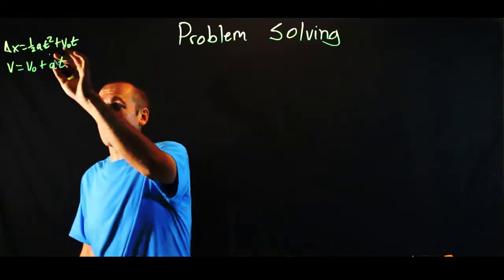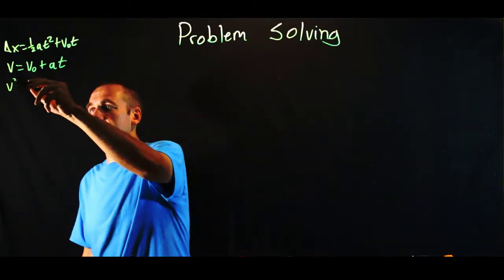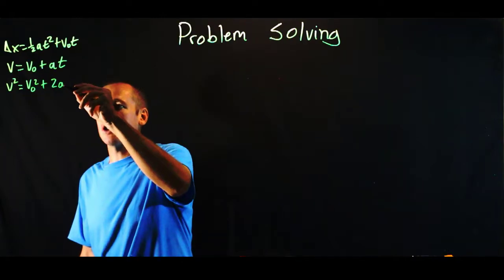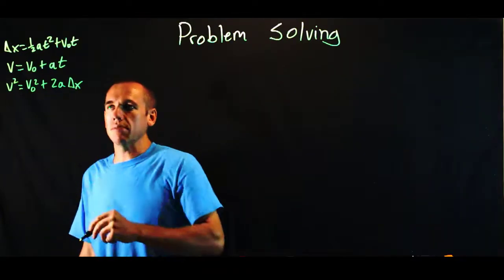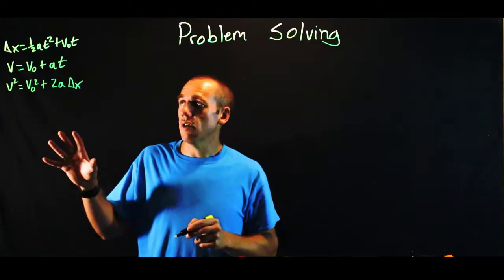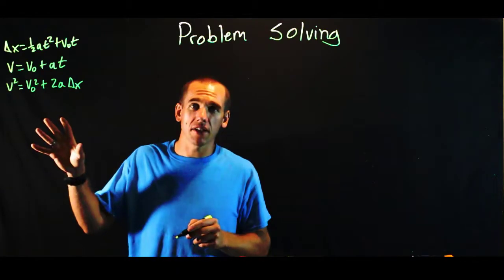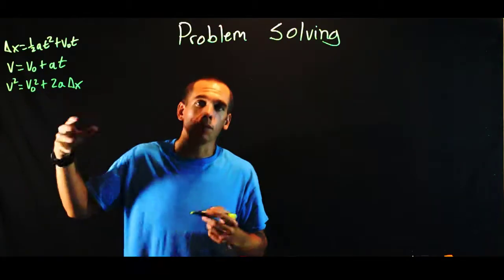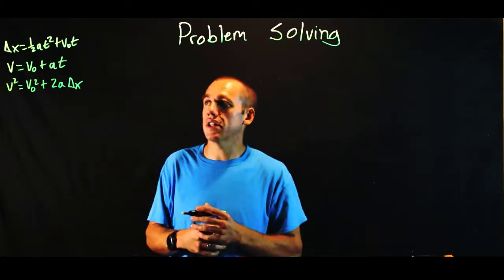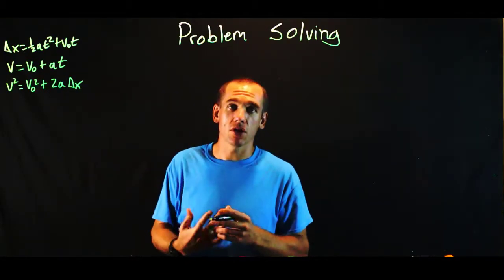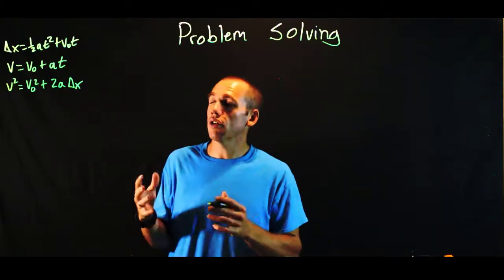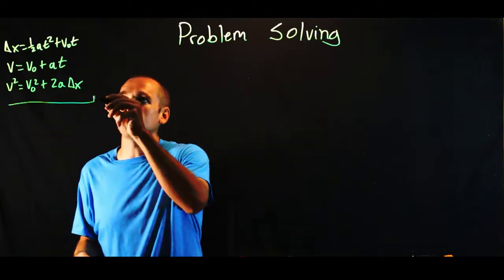And then we have the combination of these two things, final velocity squared equals initial velocity squared plus twice the acceleration times the displacement. Now, these equations are valid with constant acceleration. If we don't have constant acceleration, then these go out the window. But we're primarily only going to see problems with either no acceleration or constant acceleration, so it shouldn't be too much of a problem. Now, all we want to look at here is how to use these equations to solve